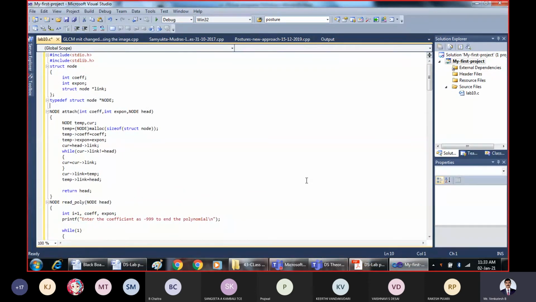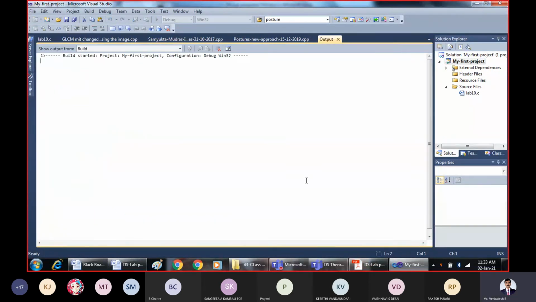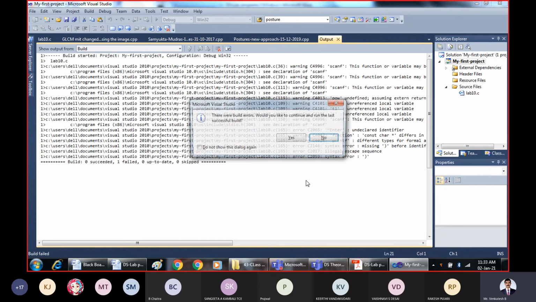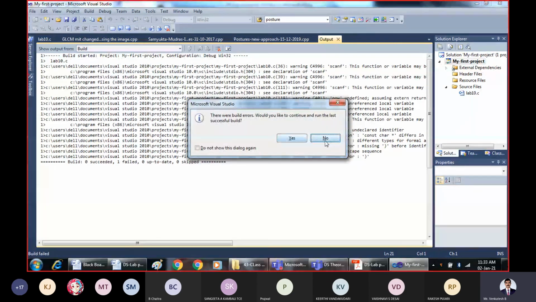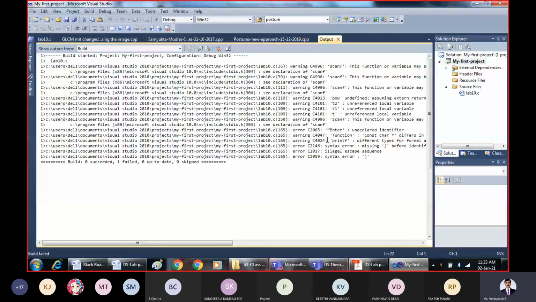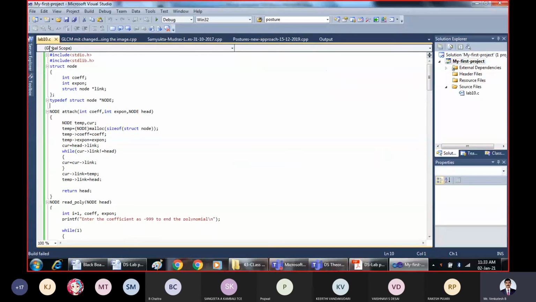Right, the program is being compiled and executed. The program, whatever I have explained, I'm just compiling it and executing it. I'll show you the sample demonstration. Yes, I have got some syntax errors here, in line number 165.